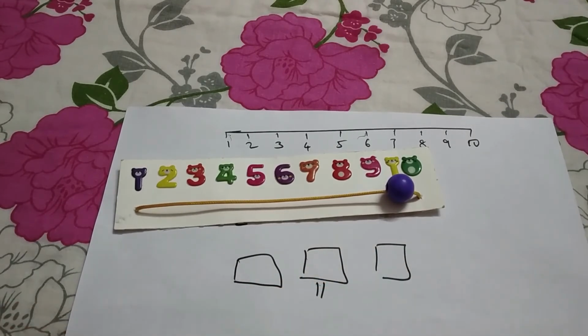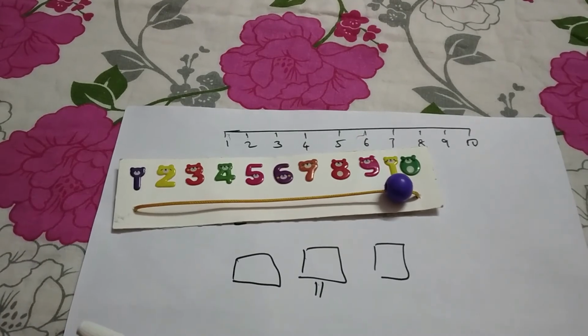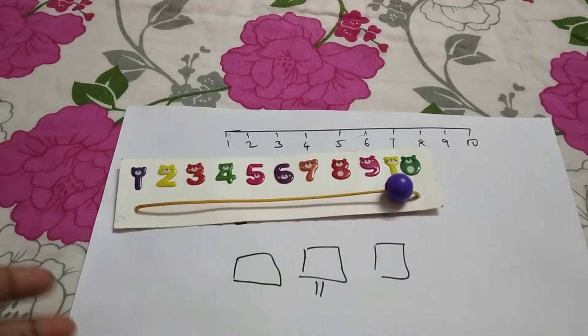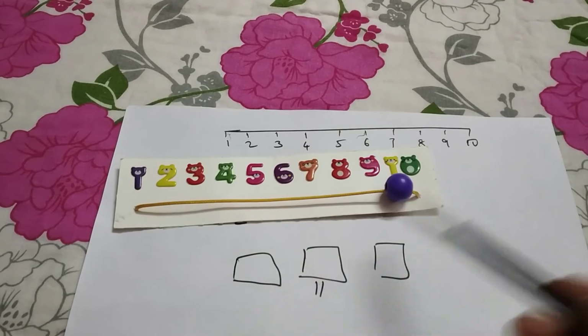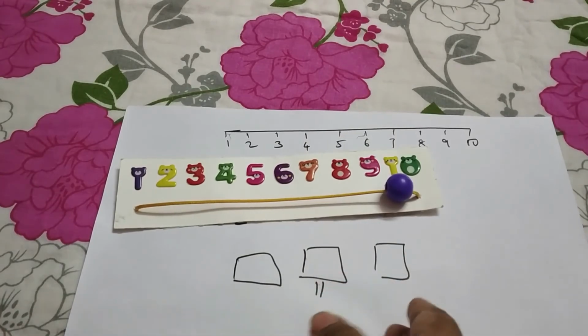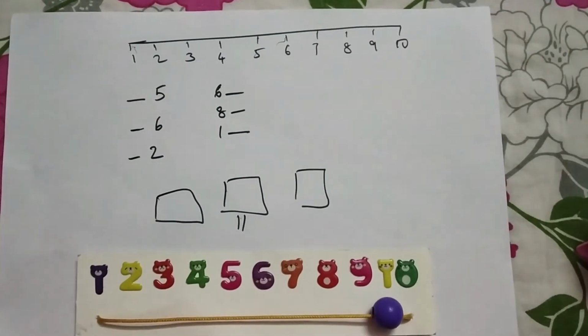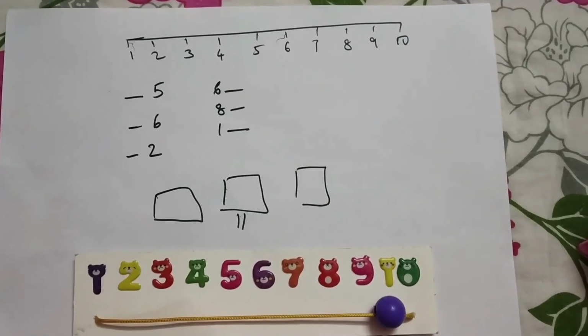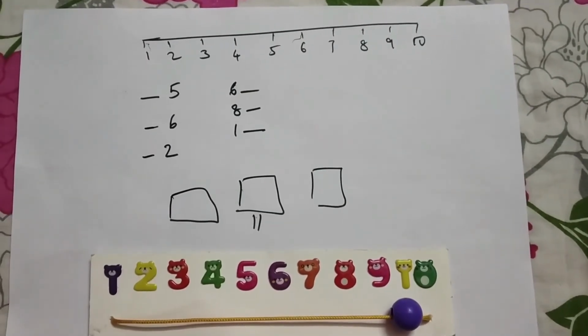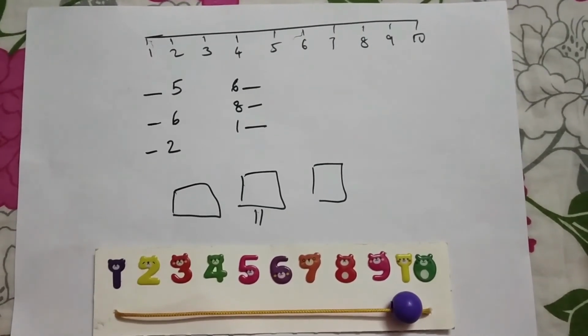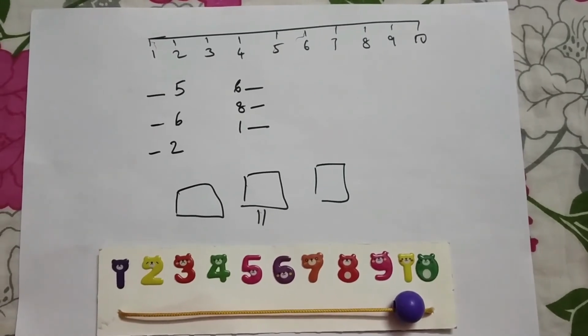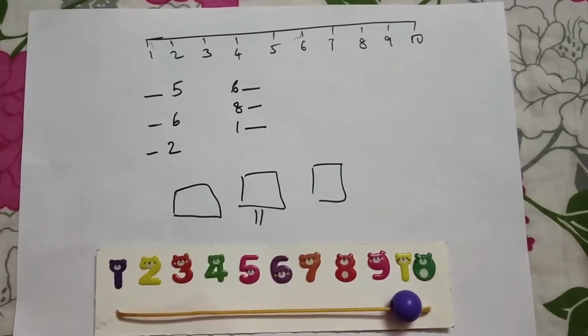You can also play on steps. That is also very interesting. Or you can just take a board marker and draw on the floor and ask the kid. There are multiple ways. These are a few ways you can use to teach your kids before and after numbers and make it easy for them to learn.